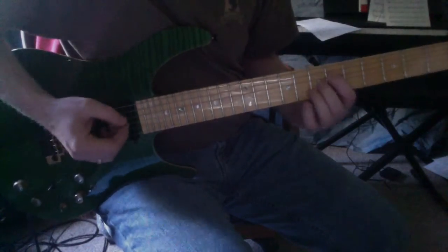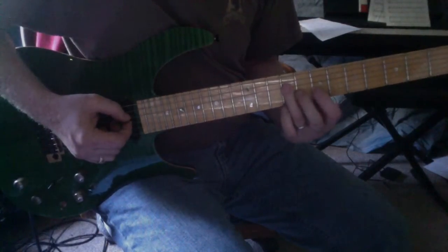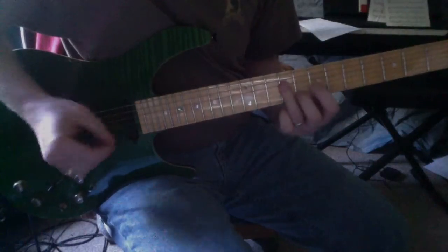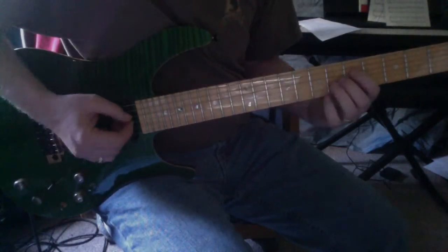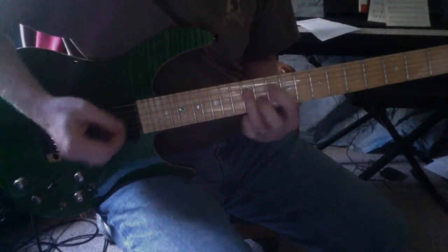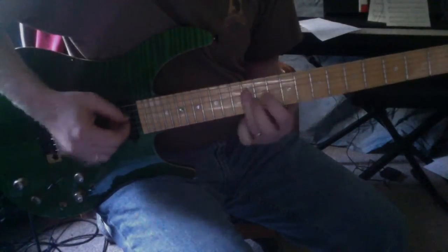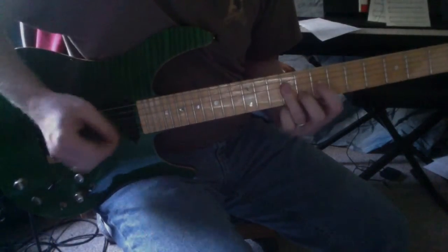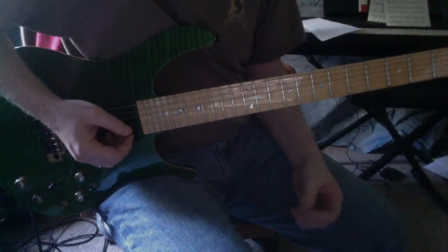1 and 2, so it's off of 1, and then that is 9 on both strings, offbeat, right? And then I'm going to do it again, and then go up to 12 for the second half. So 1, do it again, okay? So,